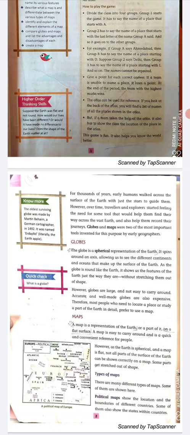With the help of a globe we can study the earth. But it is not possible to take a globe with us anywhere. So that's why inventors discovered the map. A map is a representation of the earth. It is very easy to carry around and is a quick, convenient reference for people, on a flat surface.